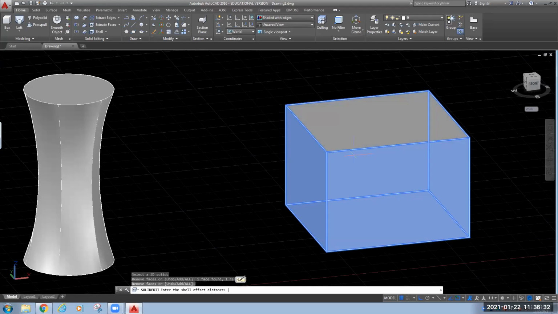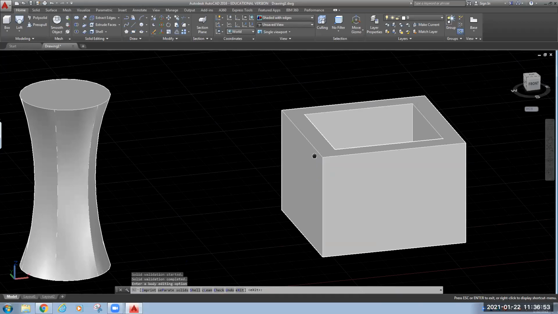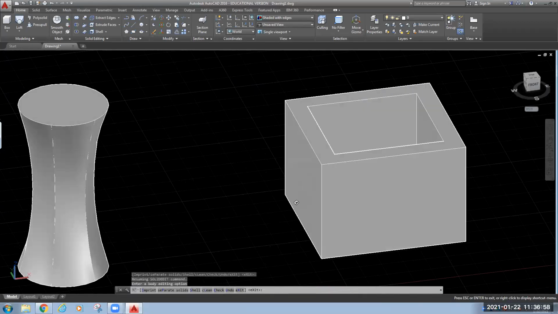It is asking, you can see in the command line, enter the shell offset distance, meaning how much thickness of the box you want to keep. So let's keep the thickness as 2 units. And you can see here, after pressing enter, you will get a box.